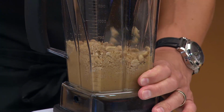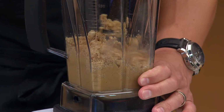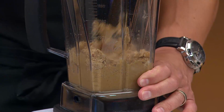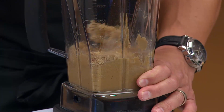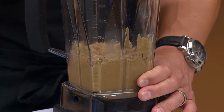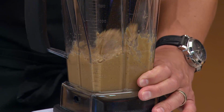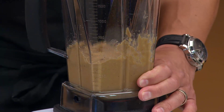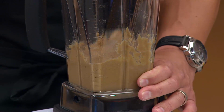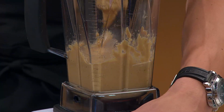And this is, again, a demonstration of Vitamix maintaining its power under load. We're putting a lot of strain on it, but the way the Vitamix is designed, it's built to run like a racehorse, okay? And if you see here, it's been about 20 seconds. We've already started to make peanut butter. If you wanted to stop it now, it would be chunky. I like it a little bit smoother, so I'm just going to run it a little longer. And now in a matter of 45 seconds, look what we have. We have homemade,